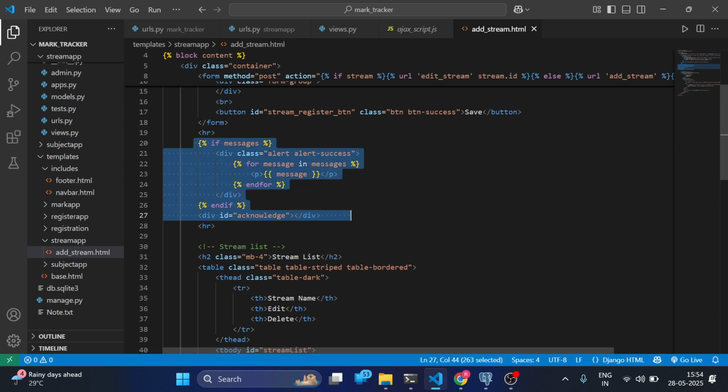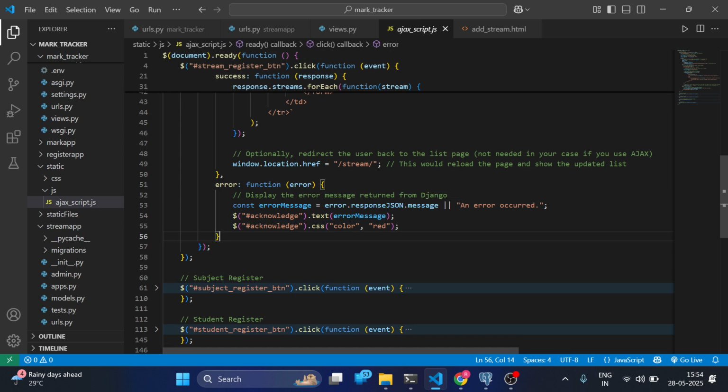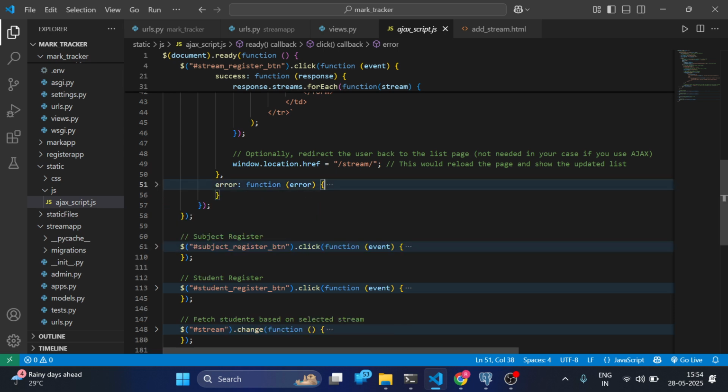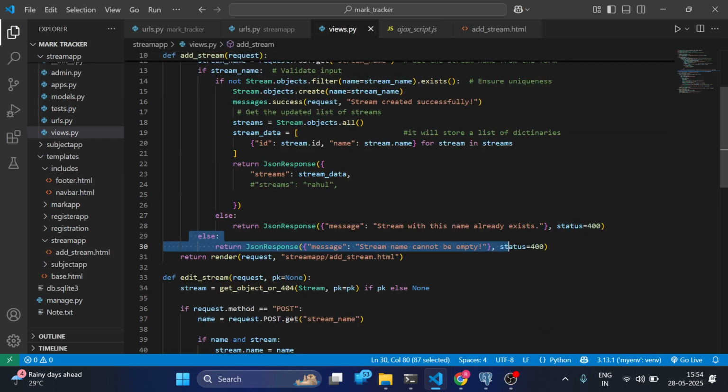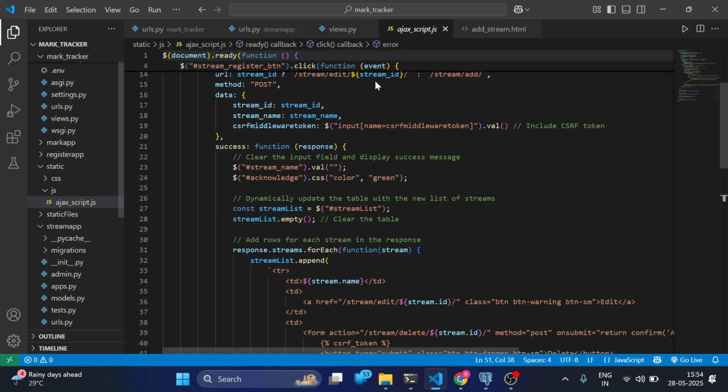This is the portion where we will display our message. Below the save button, we have created a div tag for acknowledge, and there we will display whatever message it is holding. So the error part is completed, and if the JSON response returned from the backend is success, we will